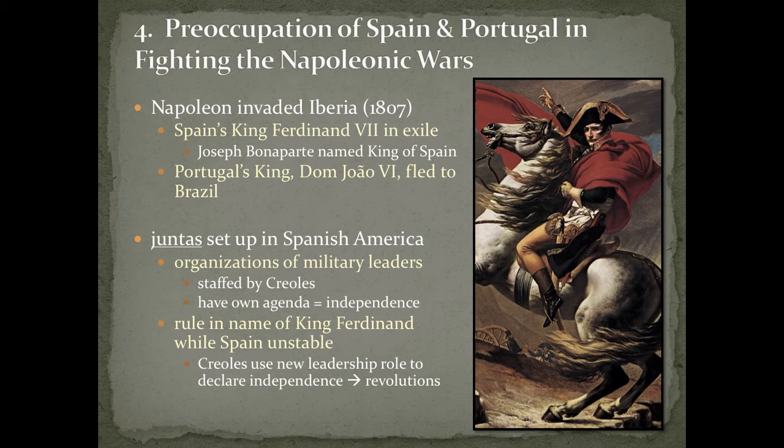And once Spain is starting to stabilize again and Joseph Bonaparte is kicked out, that's whenever these revolutions in a violent form take place, because the Spanish are going to try to rush in and take power back from the Creoles who are declaring their independence. So think of it kind of like how our founding fathers in the American colonies, including people like Thomas Jefferson, declared independence, and then the British are going to rush in to try to put down this rebellion, this revolution. Well, the Spanish do the same thing here for those Spanish viceroyalties that are going to claim independence.